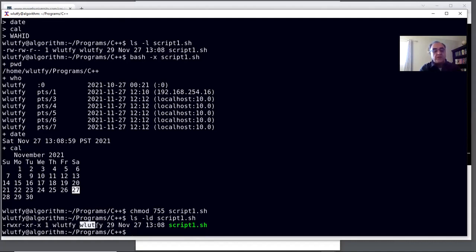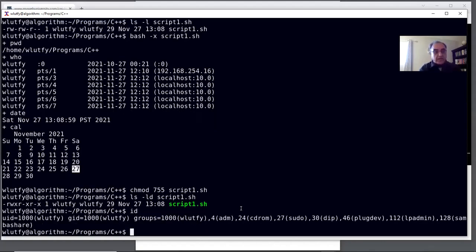In this case, owner and group are wlutfi, and then read and execute for other people, the rest of the world. So in this case, if I type in id, my user ID is wlutfi, my group ID is wlutfi. So I made the permission to say I can read and write from this file, and then